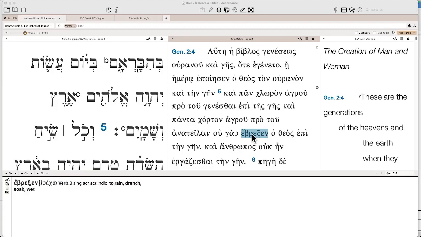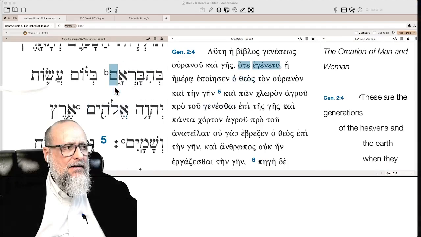And so there's this debate. Is this talking about a prejudged situation, or is this talking about all plants, or is it talking about just the Garden of Eden? And scholars go back and forth. By the end of the text, when we get to the fall, and it talks about there being no man to work the ground, clearly working the ground is part of the judgment. And so right off the bat, in verse 5, you have a little bit of a problem in terms of how we need to